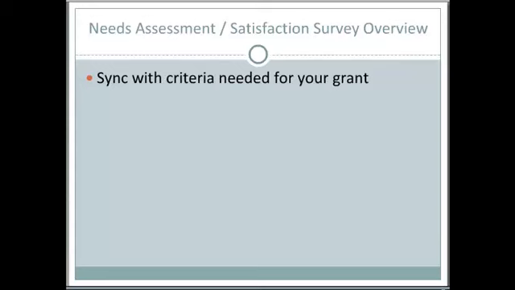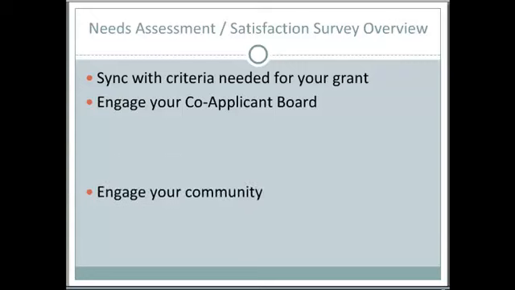The Needs Assessment Satisfaction Survey, just an overview. It's important to sync your criteria needed for your grant. So the questions that we formulate, we try to sync also with what's required for our grant and for our health centers program requirements. Engage your co-applicant board. Our co-applicant board is very active in the survey development, administration of the survey, and the review and recommendations.